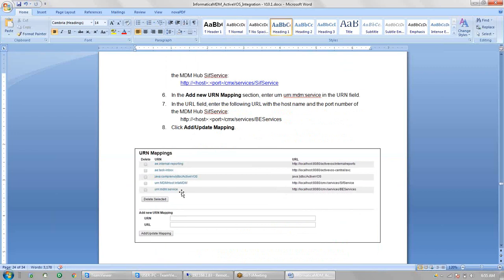The ActiveOS has to call the MDM services, SIP services. For calling those services, it internally uses this URN, or basically you can say a mapping, using which it says that this name is mapped to this URL. So the request gets diverted to this server from the ActiveOS. So these two we have to update, and once we update it,